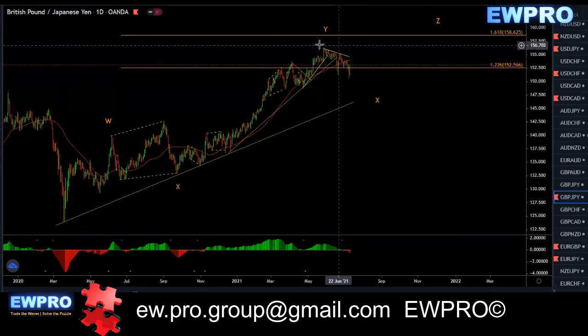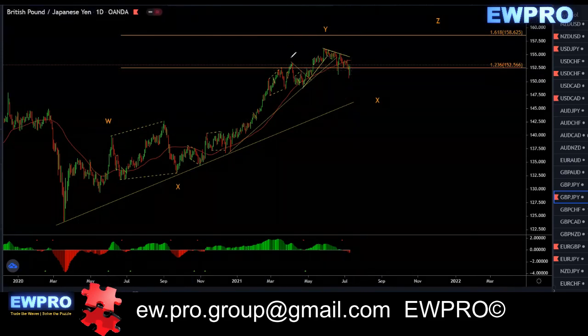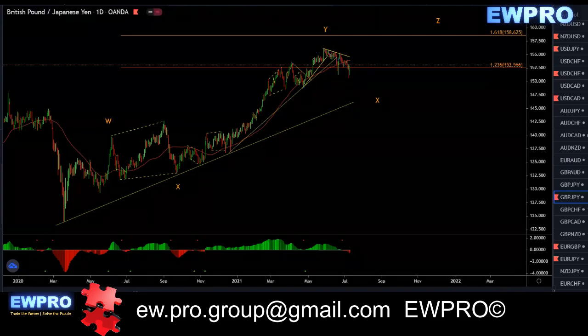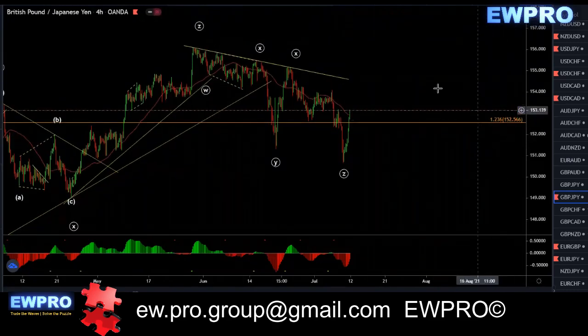Because this is looking very corrective in here. I don't like it as a flat because this here is so choppy. But when we look at the H4, it can be an ending diagonal. So we were looking for this